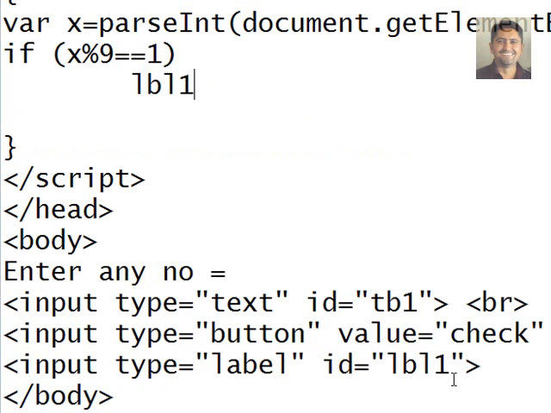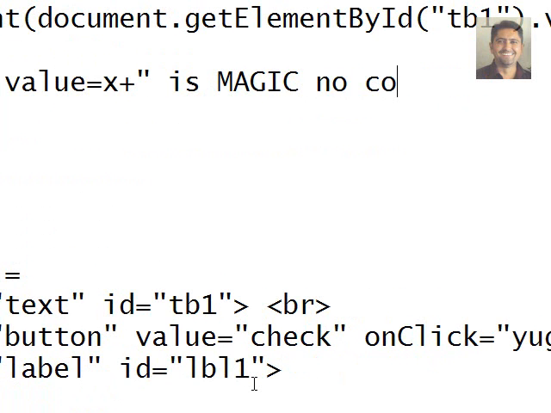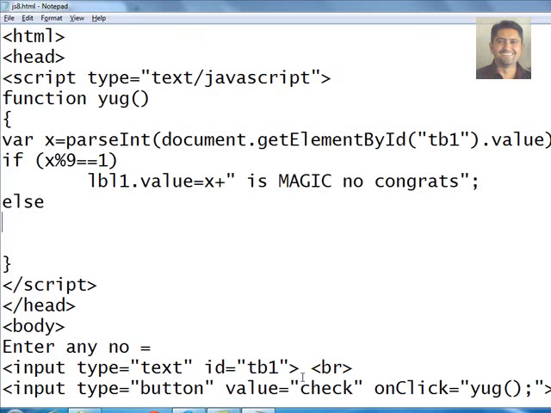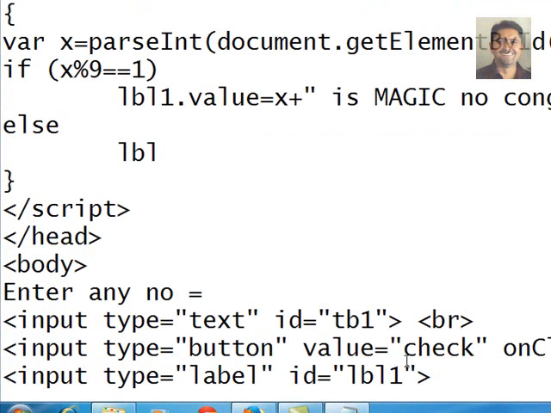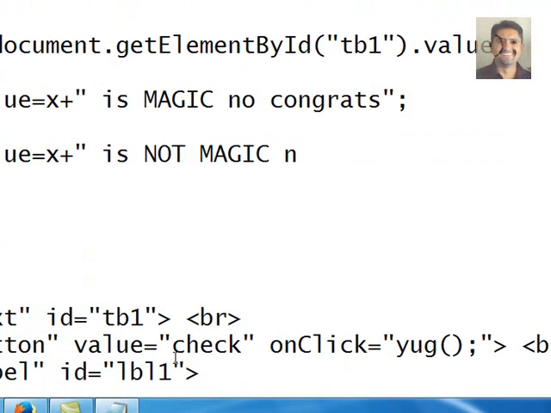So lbl1 dot value is equal to, I am using "x is magic number, congrats", else lbl1 dot value "x is not magic number. Sorry",